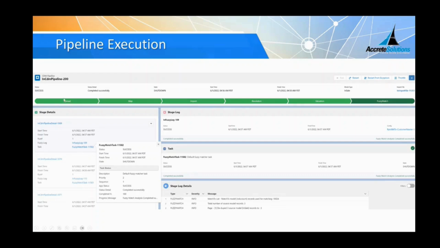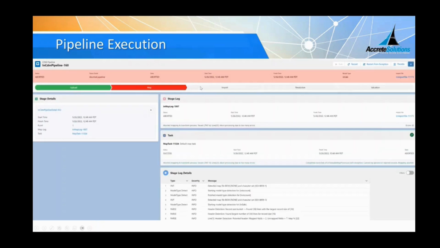At any point in time, you can see that data go through, and you can click on any of these stages and see a summary of the details you want to see, the logs. It tells you what time that stage started, what time it finished, and whether it was successful. If there are any errors, you'll see them right on the screen, and you'll be able to drill down from there and see all the little details of what went wrong.